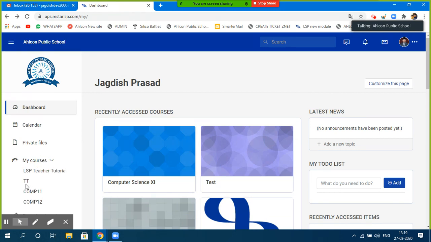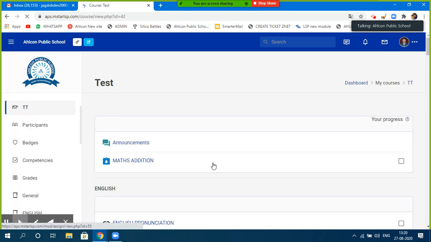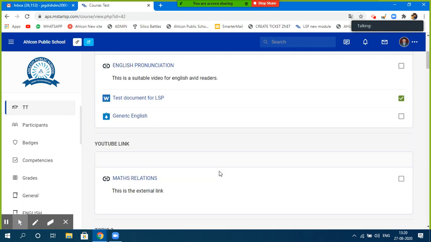Either you click on this or you click straight away from here. From anywhere else, it will simply go to that particular class. Right now I'm just going with the test class, and I just want to upload something. So I just need to click on enable editing. First thing which you need to do is enable editing. Click on this.